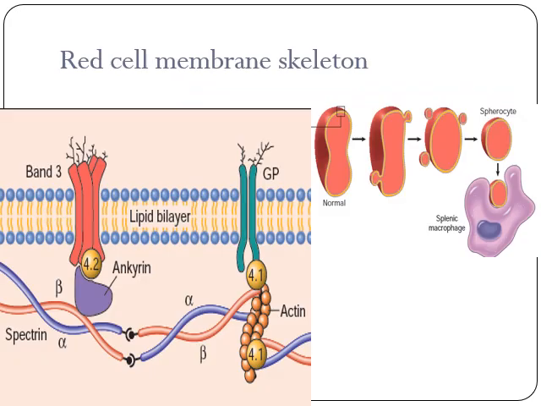Now talking about what the defect in the red cell membrane is. Before that, we should know a bit about the normal physiology of the red cell membrane skeleton. In this diagram, we are seeing a lipid bilayer. We know that the lipid bilayer is composed of phospholipid, cholesterol and glycolipids. This we know.